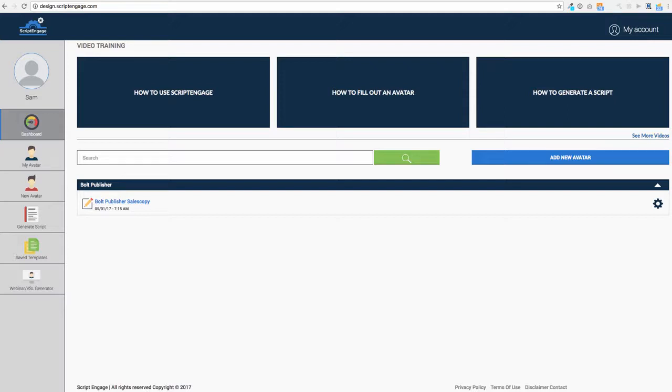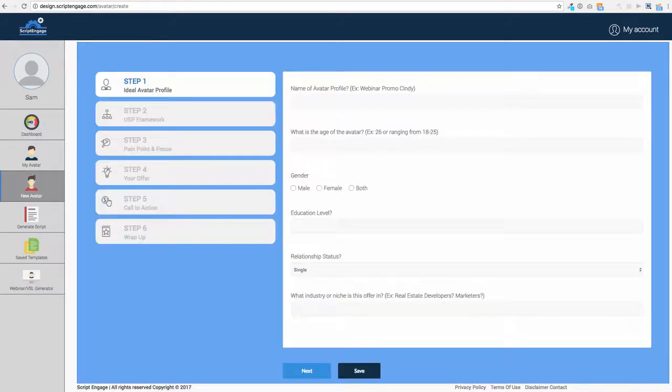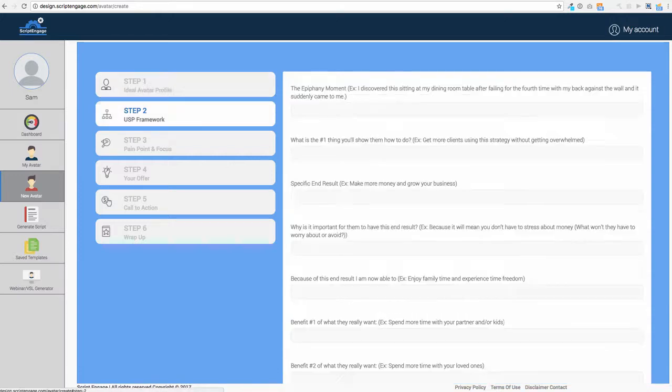Now, this software works in a number of different ways. First of all, your subscribers will jump in here. They'll be able to click on New Avatar and create an avatar. Now, this avatar is basically their target market. What they're doing is they're telling the software who their audience is and why they would want to buy their particular product. The great thing about this, and why it's a lot better than many of the softwares you may have seen when it comes to creating scripts, is that it actually guides people through it really easily